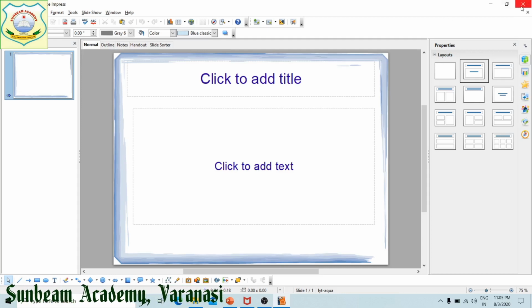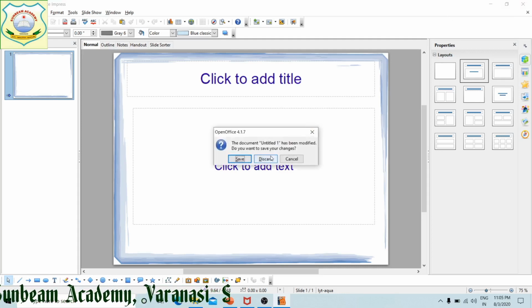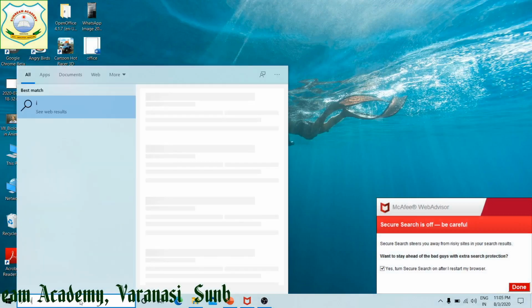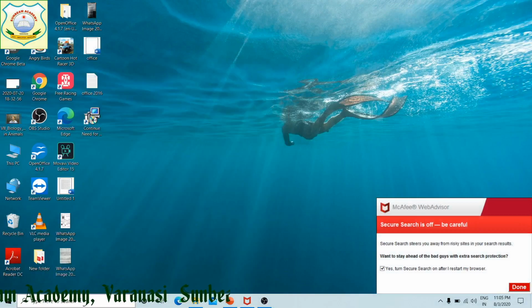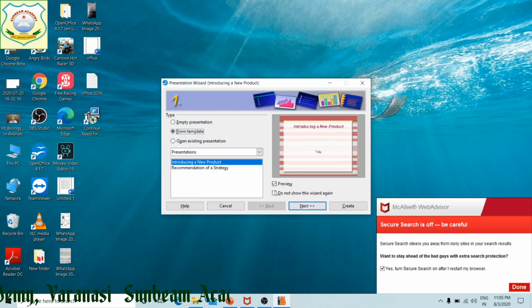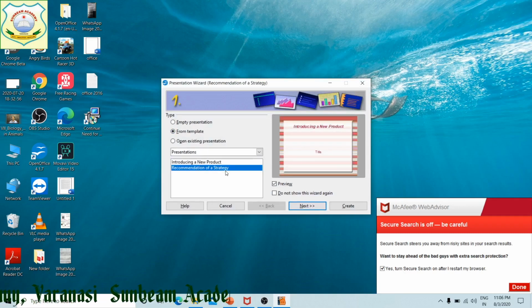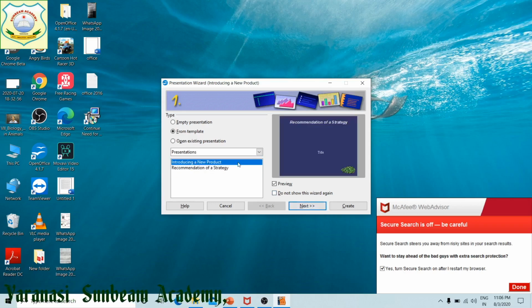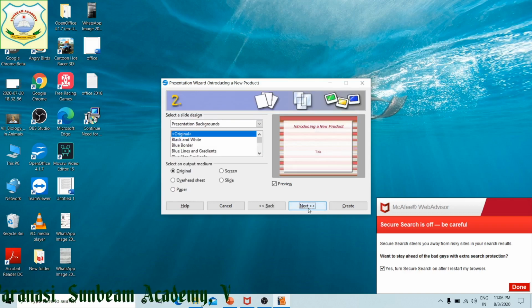Now I am going to show you the second way, that is from design template. Select this. You can choose any from the given ones. Suppose I have taken this one. Now click on next. As you click on next, you can also give it a slide design.